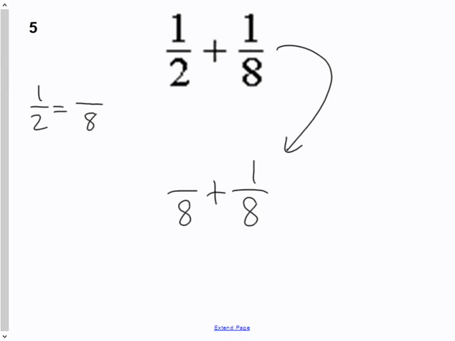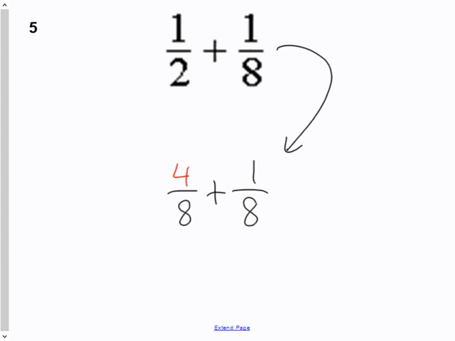So here I have to figure out, how do I get 2 to be 8? Remember we said you have to multiply or divide by a common number. In this case, 2 is multiplied by 4 to get 8. So in order to keep it equal, I have to do the same multiplication to the top number, the numerator. That leaves me with an equivalent fraction of 4/8. And that makes sense. If you had 1 part out of 2 or 4 parts out of 8, you have half of the item. So 1/2 and 4/8 are what we call equivalent fractions.